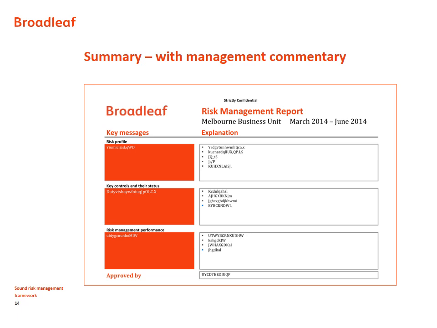What we see on this slide is the top page of a report taken from one of our clients that contains a summary of all the salient information that the management team believe the directors need to have about the risks the company faces, the key controls that it puts in place and their status, and on the risk management framework and the performance of that framework. The boxes on the right-hand side of the report are used by management to demonstrate the depth of their understanding, to explain the situation, and to describe what steps have been taken to improve matters if these are required.